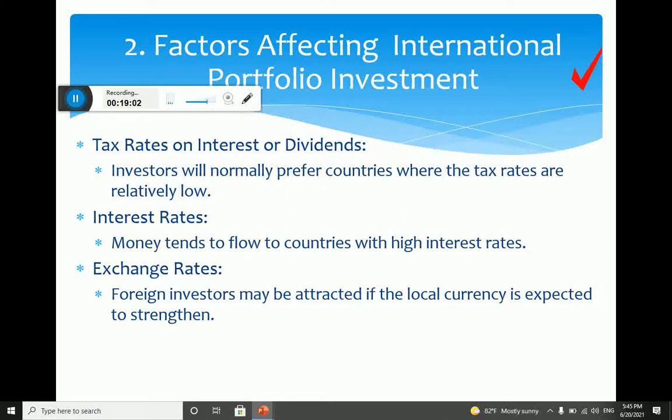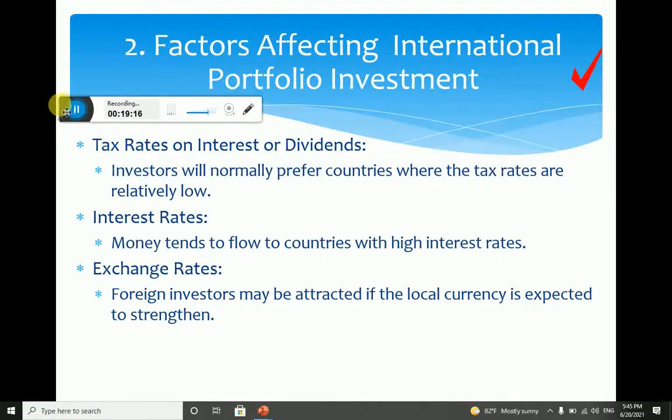So a country with a strong exchange rate against the international currency shows economic stability. So in a country where there is economic stability, people tend to invest more there, because